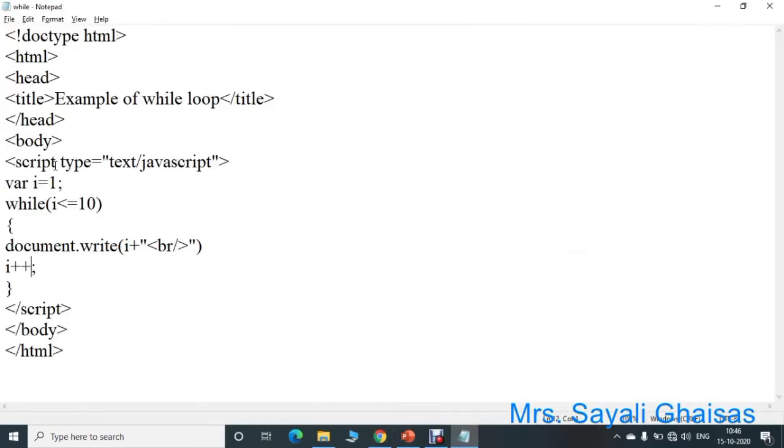You can change the condition also. Suppose if we specify here I is equal to 1 and here I is less than 11, then also see here for 1, 2, 3 up to 10 condition will be true, and then 1 to 10 values will get printed. For this condition also, see here same output is there.